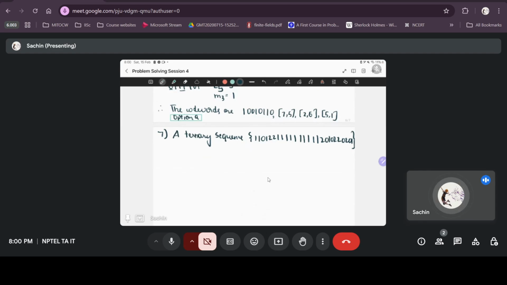The sequence is encoded using the LZW algorithm. The encoded sequence is given by, options are